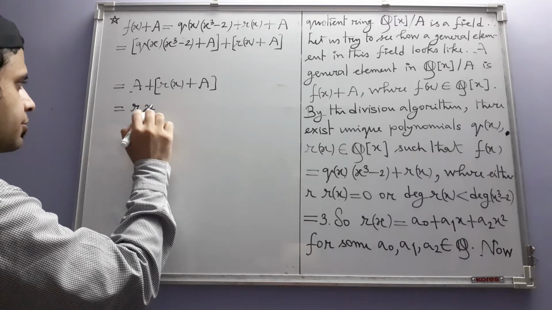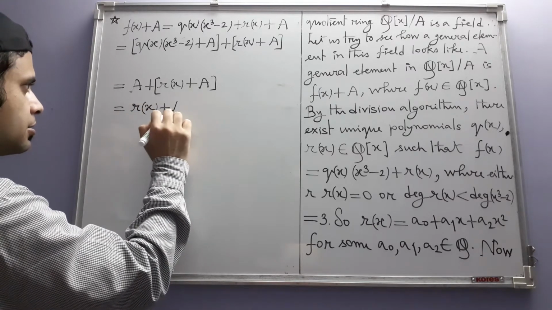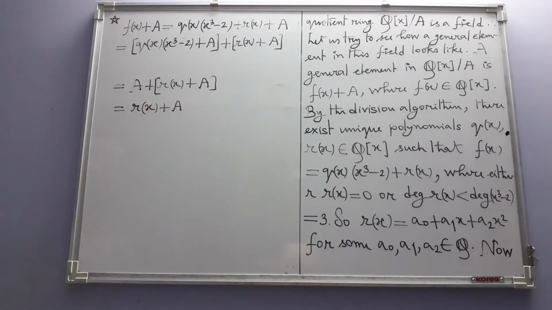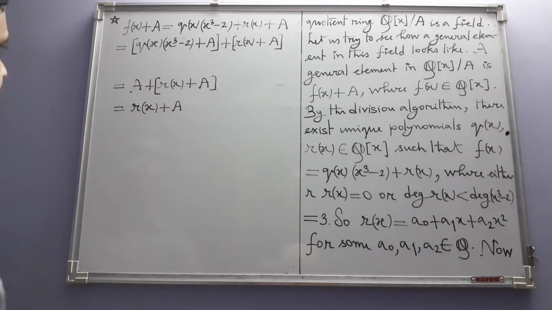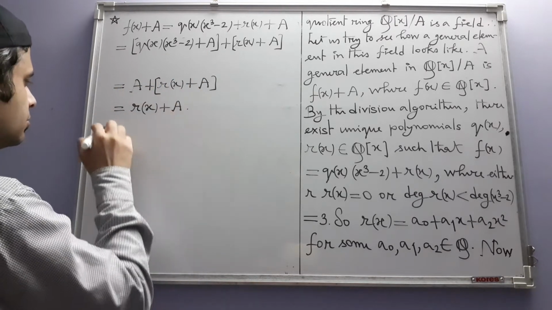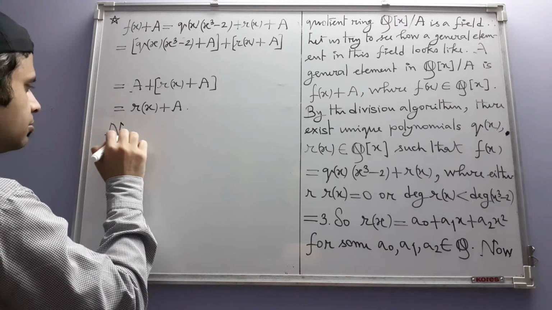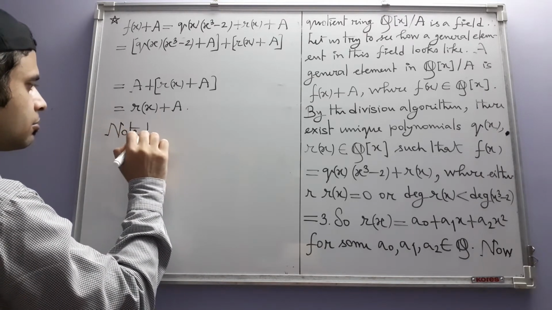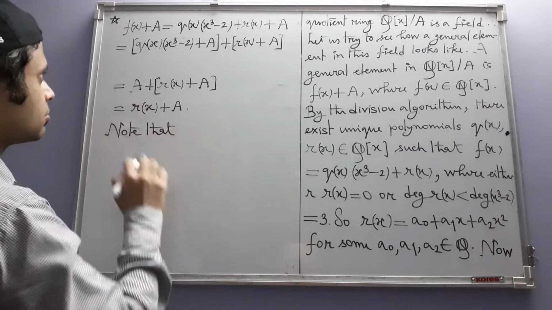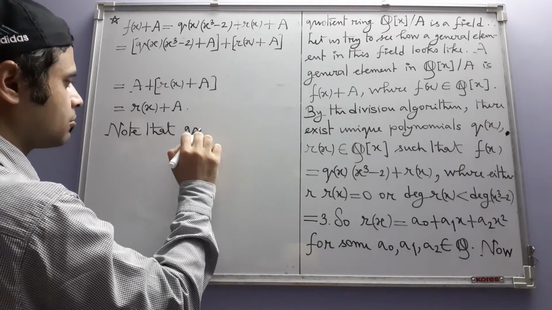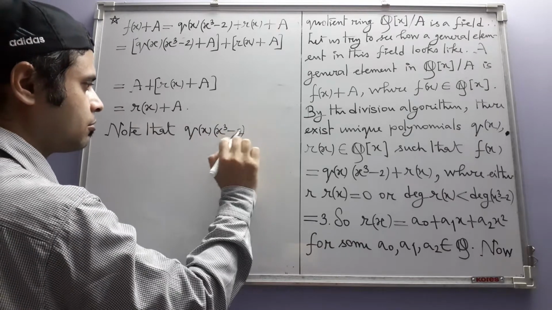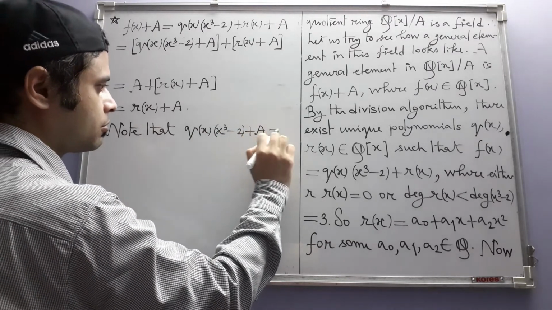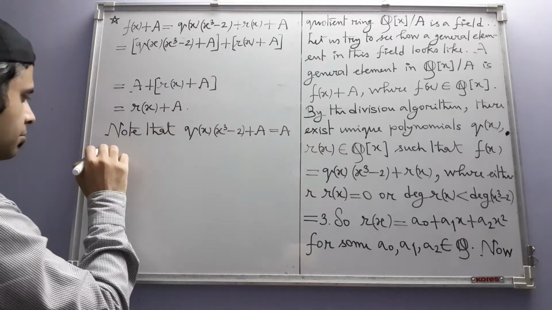So you are left with r(x) plus A. But the question is, how is this thing equal to A? Note that this is equal to A because